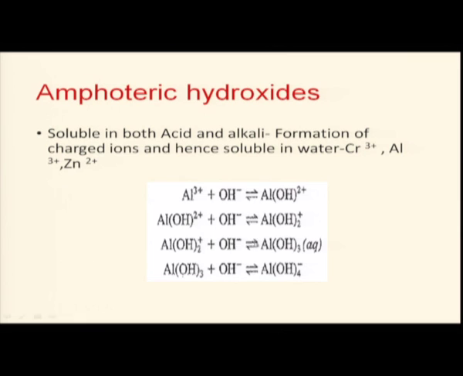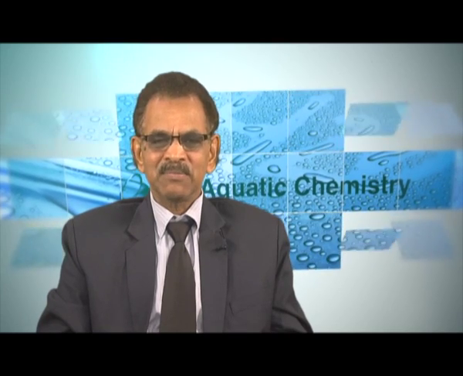So if you want minimum aluminum, this is the pH condition you have to use. Same thing with chromium 3+, close to 8, and zinc maybe 11. So we have to control the pH if these types of amphoteric metals are present, otherwise the residual concentration of the metal will be high. So to sum up the solubility of different chemical species in water, we have discussed